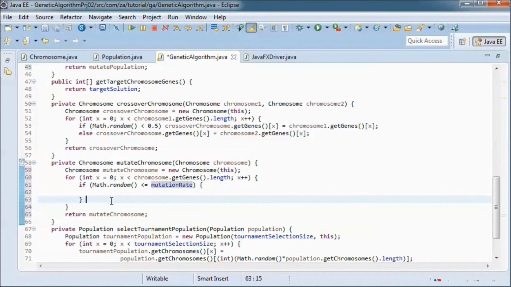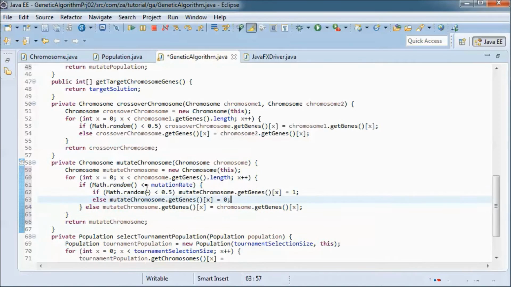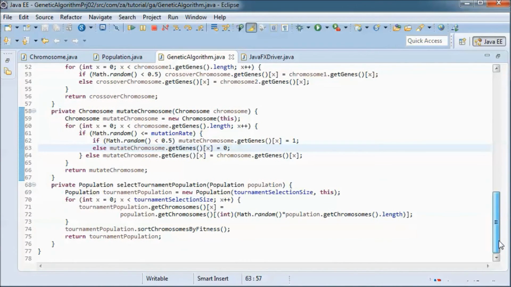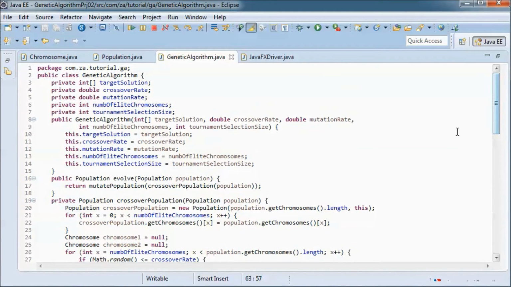Otherwise, we will move the gene as is to the mutated chromosome, and the mutated gene will have either 1 or 0, depending on whether Math.random is smaller than 0.5 or not. So this should do it for this class.